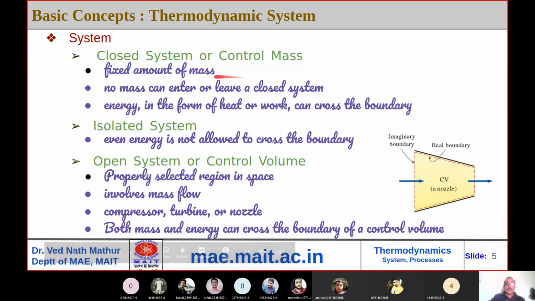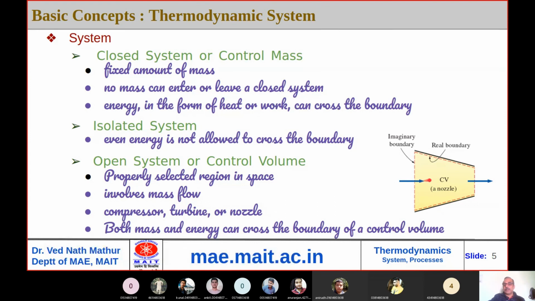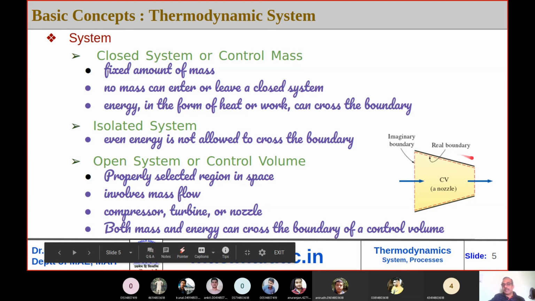So that would be termed as a control mass approach. The other type of approach can be you do not move along with the mass. Your focus of study is what's happening in the conversion part of this part of the system. So then you imagine a system boundary here, imagine a system boundary here. You are not concerned with which particle or which mass of the system is getting in or which mass is going out. Your concern is what's happening within this space, this region. So that type of study is called a control volume study. Both kind of studies are possible.